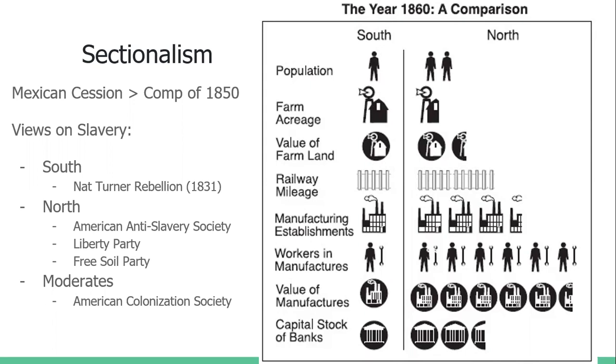And then we have the Free Soil Party. This was a party where the main purpose was stopping the expansion of slavery into the Western territories and arguing for the rights by using phrases like free men on free soil. So the Free Soil Party was against slavery in the new territories, and they were also advocating for federal aid for internal improvements, and would urge the government to give homesteads to settlers moving out west, to give them property.